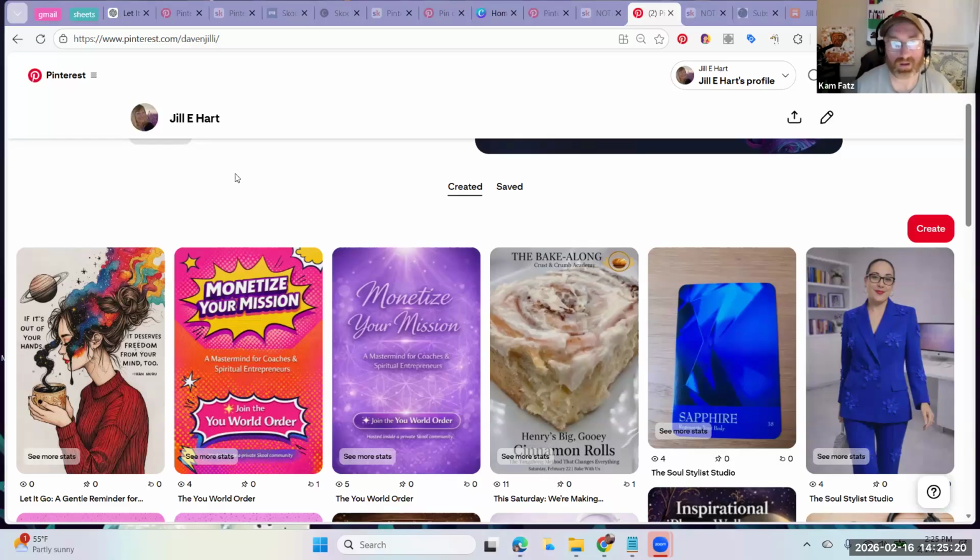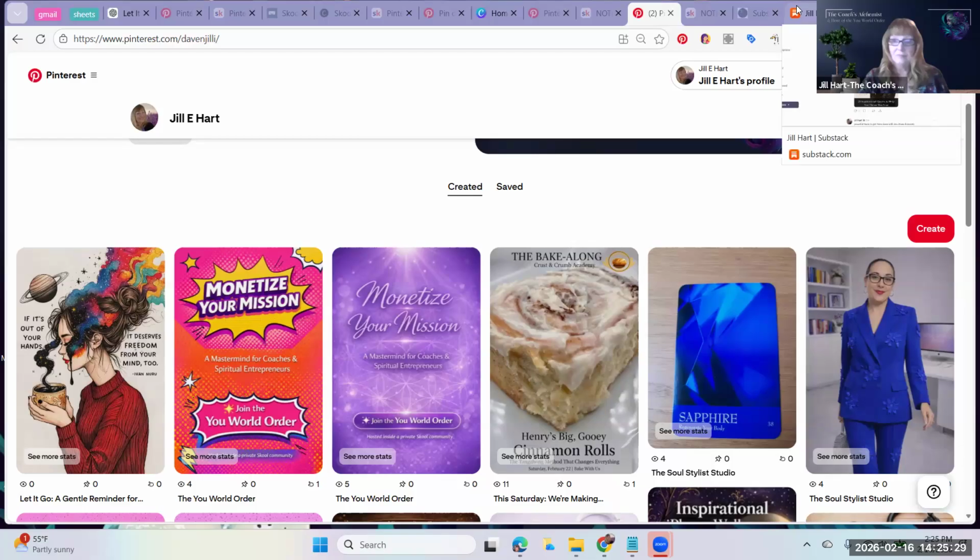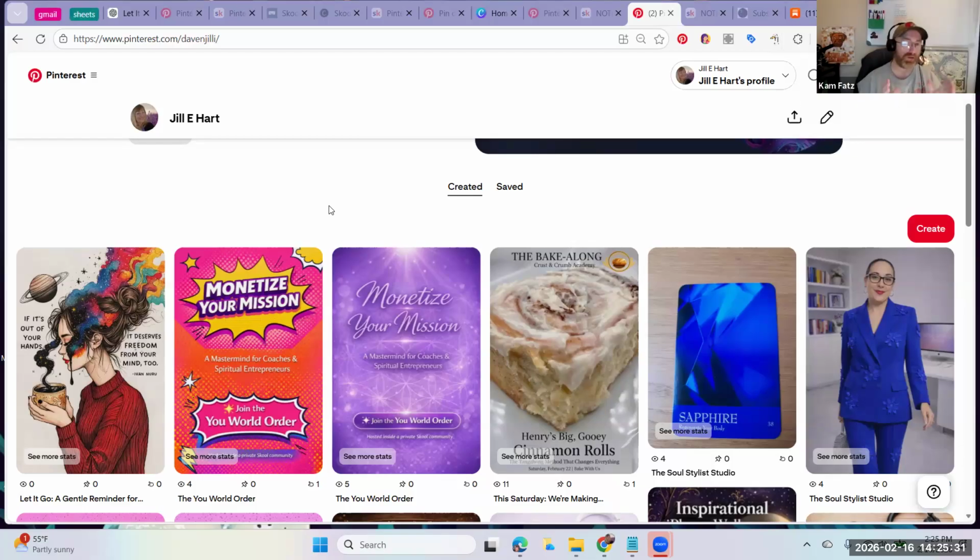Are you saying, Jill, that if I put a note on Substack, for example, with a Pinterest style image on that note or a post, I will open it up to be more shareable? It'll open it up to potentially being pinned by someone who likes to use Pinterest. But if I don't have an image on there, then it's probably not going to happen.